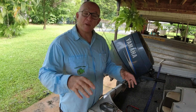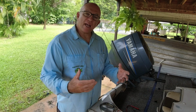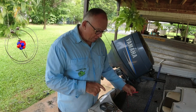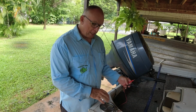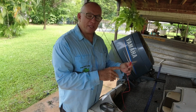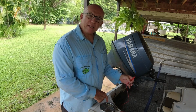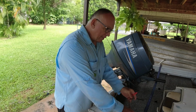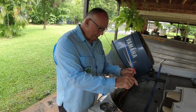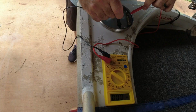For those out there who are a bit like me and want to know the science behind it, all metals are made up of different types of atoms, and different atoms have different protons, different neutrons, different electrons, and all that sort of stuff. So I've got 2 different types of metals here in a salt water solution, and the salt water is important because it's going to balance out and allow me to measure the charge between the 2 different metals. And I've got one that's brass and another one that's stainless steel. So I'm going to turn my little digital voltmeter or multimeter on, and just going to connect my probes to the 2 metals,